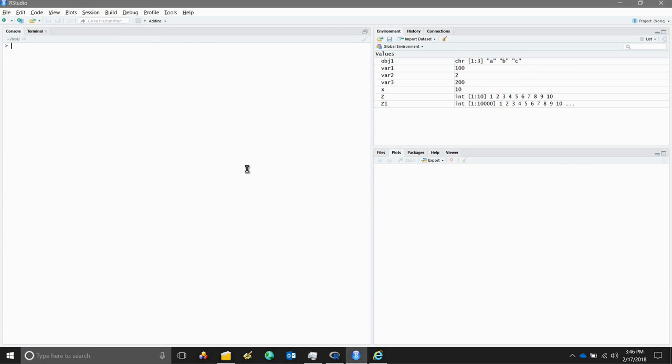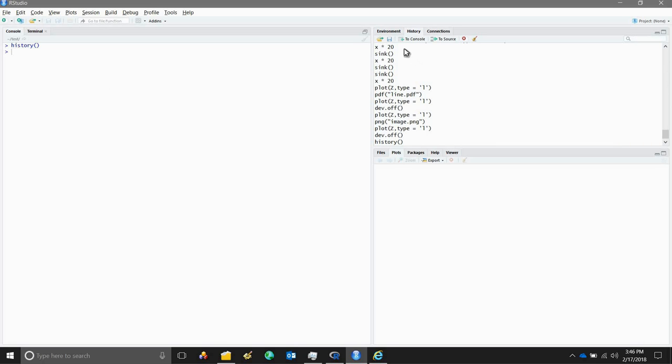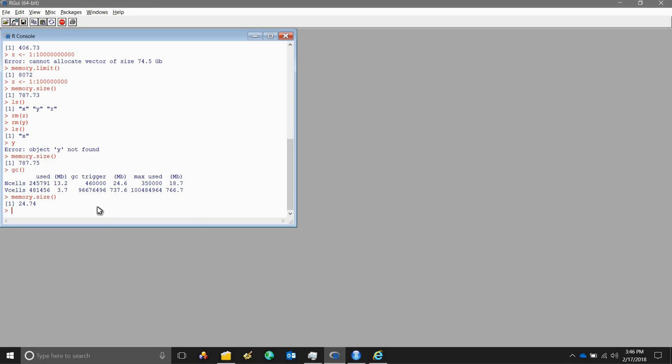Now if I wanted to see what are the earlier commands that I have given, you can see this using the history function. So when I hit history, by default the last 25 commands that have been executed are shown here. If I run it in RStudio, you can easily jump to this tab, but it is very useful when you are using the R console. So if I say history,